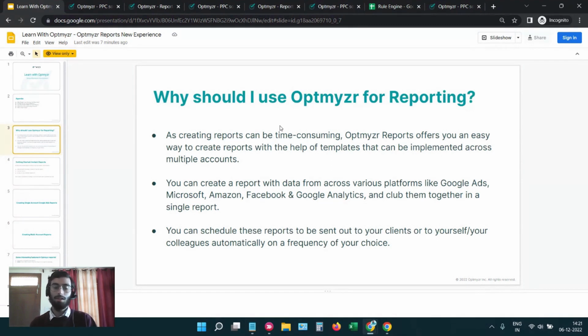Let's say if I go ahead and create a template in Google Ads account A, that would be available for me to use in Google Ads account B as well. So you don't have to modify different templates for these reports. That's the first benefit. Coming to the second benefit, you can also go ahead and create a multi-account report, which